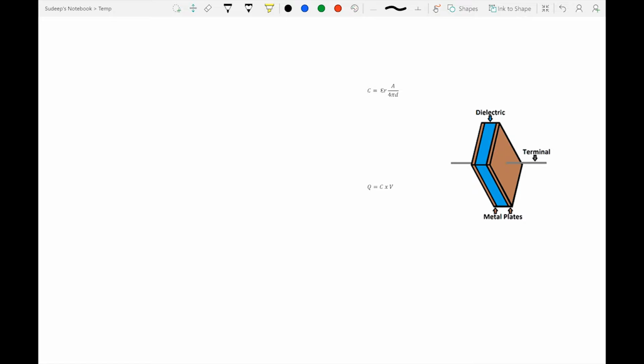So a capacitor, if you look at the diagram on the right over here, is nothing but two metal plates which are very close to each other and connected to terminals. And it has a dielectric element in between. So that is the physical structure. And how do we come to this, and why do we create capacitors in such a structure? We will understand that. So if we take an example of a very simple